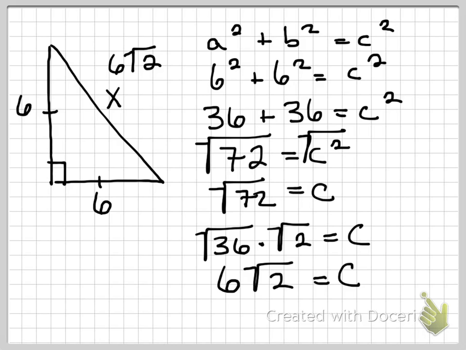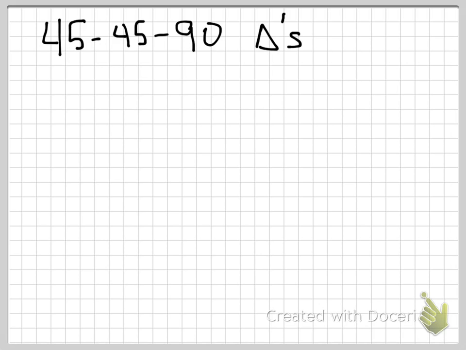Alright, so let's look at this. We've got a side length of 6, side length of 6. So the hypotenuse is equal to the side length times the square root of 2. That brings us to our 45, 45, 90 right triangle formula, or theorem. For 45, 45, 90 triangles, that means that for any isosceles right triangle, this is a 90 degree,